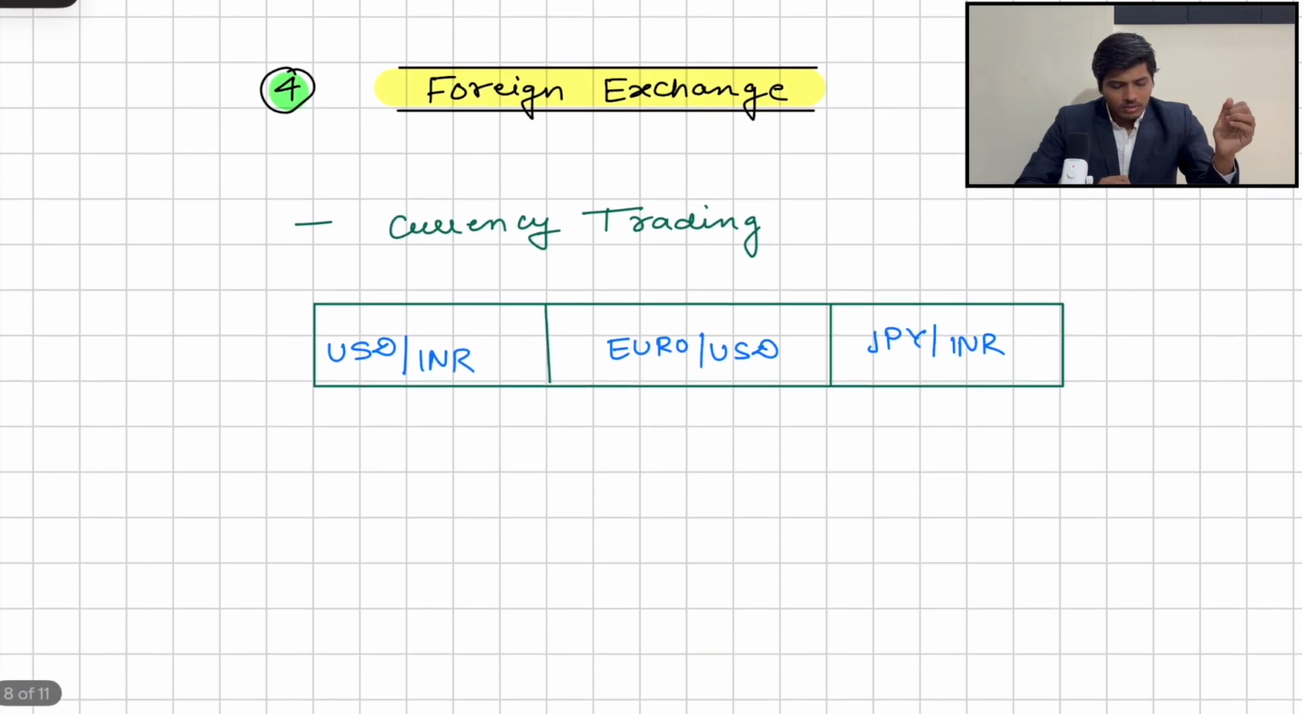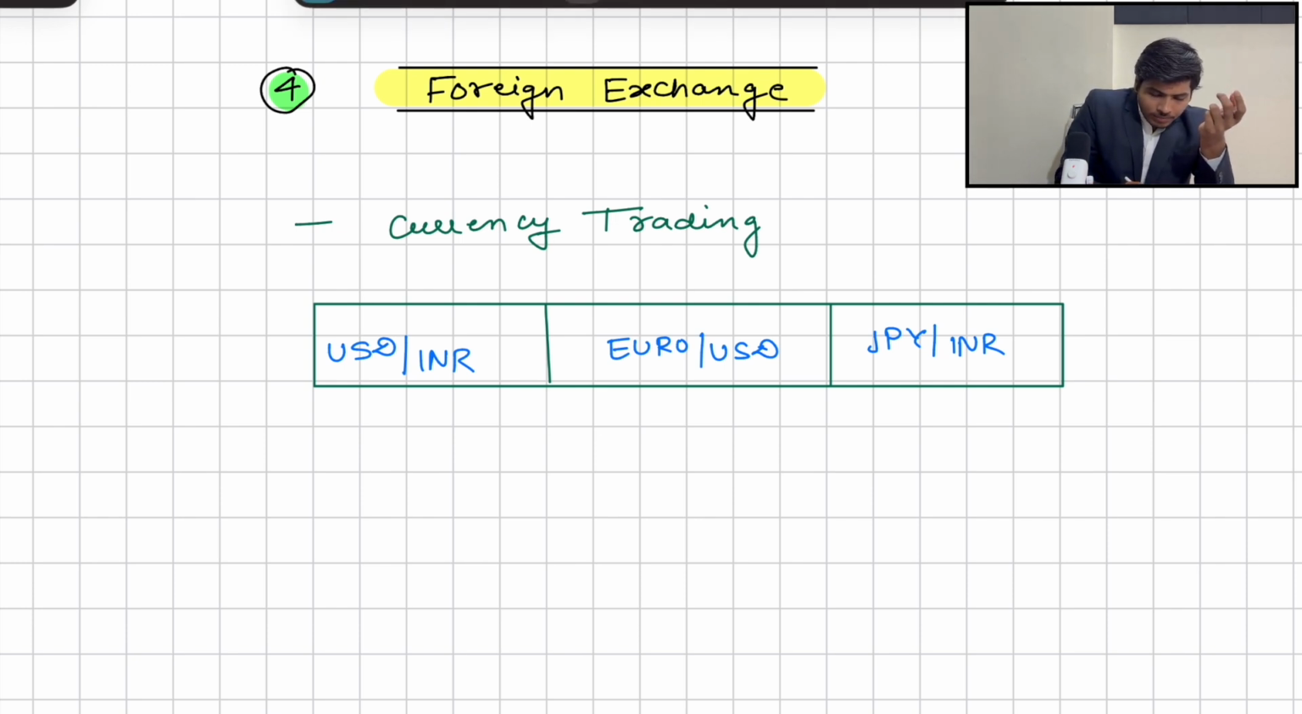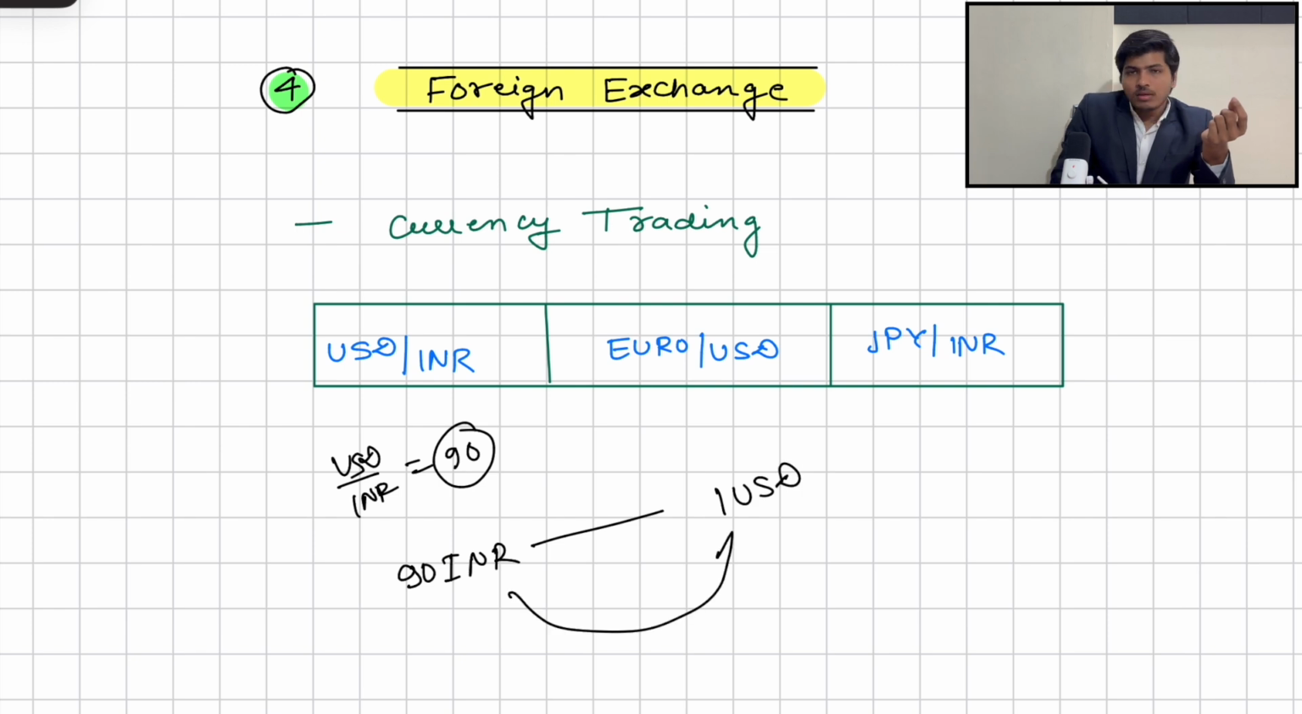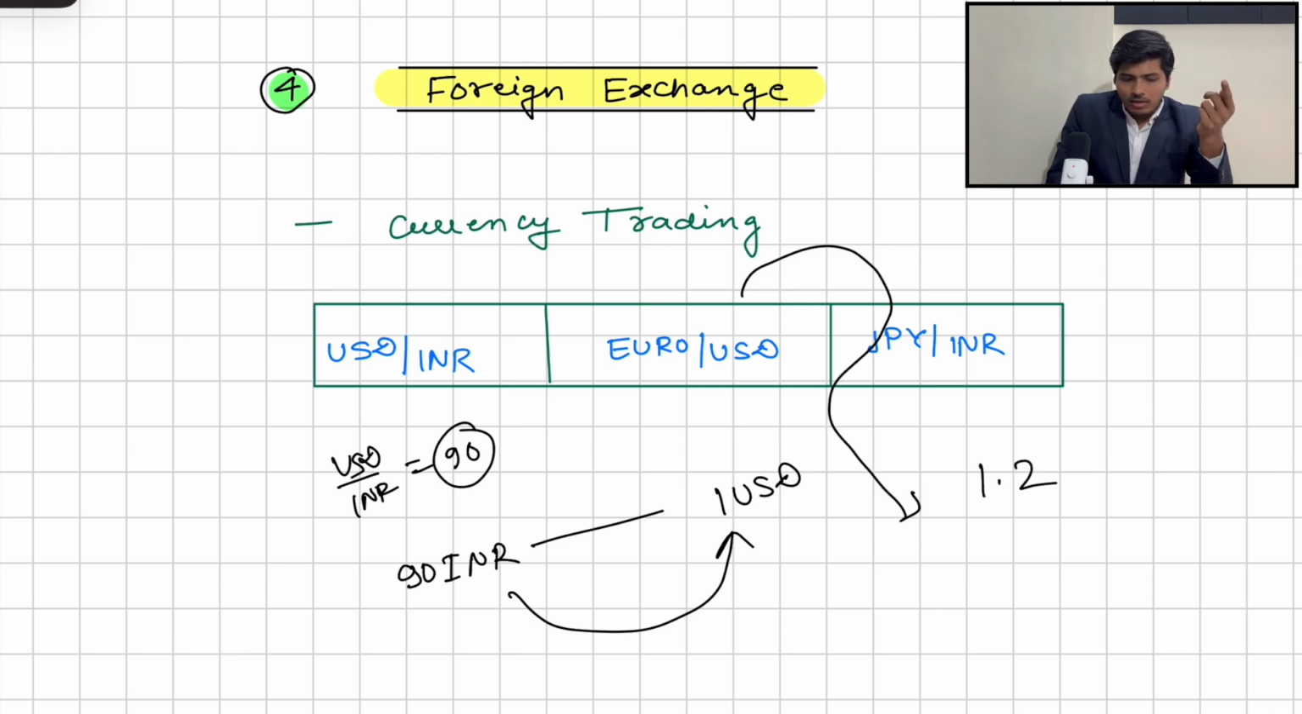Now talk about foreign exchange. In foreign exchange, currency is being traded. Like USD INR, Euro USD, JPY INR. So all these are pairs, currencies are traded in pairs. Like USD INR. So what does USD INR mean? Let's suppose USD INR is 90. What does it mean? It means that you need 90 INR to buy 1 USD, right? Similarly, if Euro USD is, let's suppose, 1.2, it means you need 1.2 USD in order to buy 1